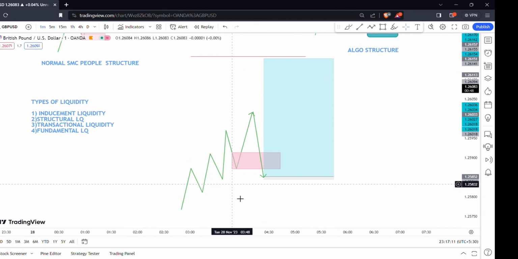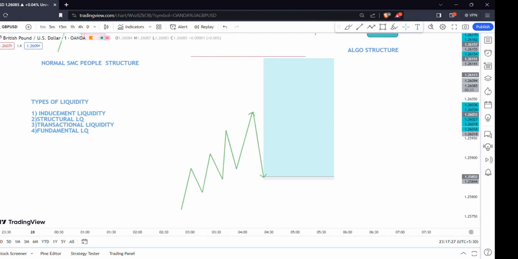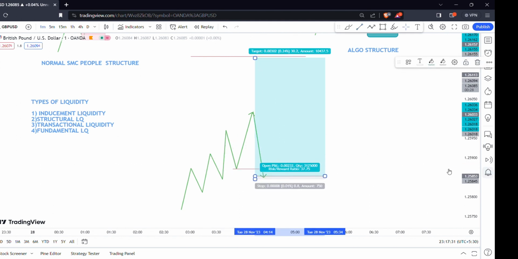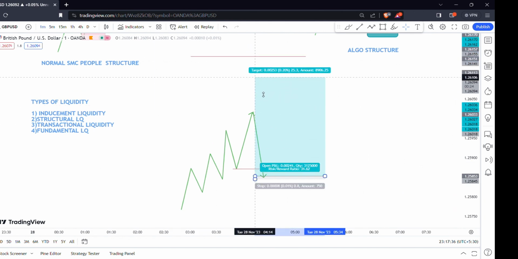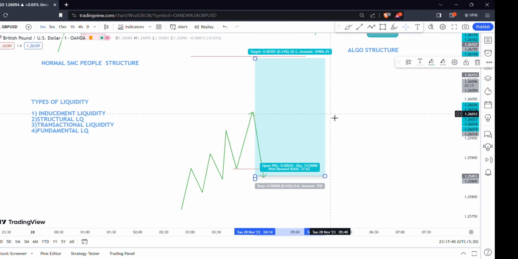Simple thing. If the market is going in one direction, you should identify where the smart money sheep are entering the market, and also identify the stop losses. By identifying the stop losses, you just draw a horizontal line and place an order here. Target the nearest liquidity. It can be your first target, and the second target can be your high time frame liquidity. This is the simple stuff.